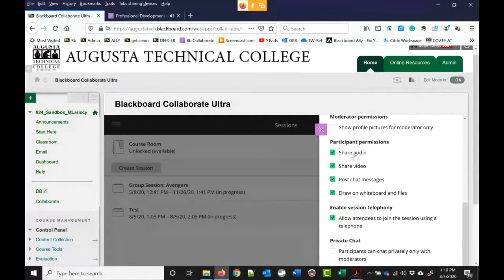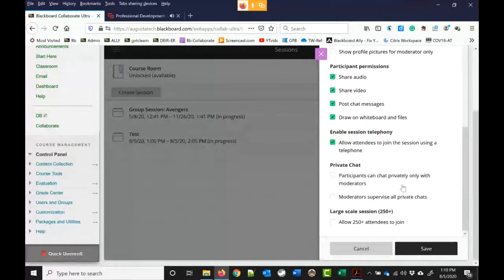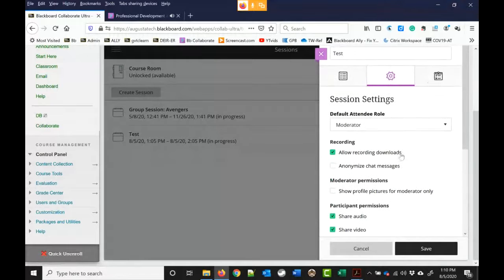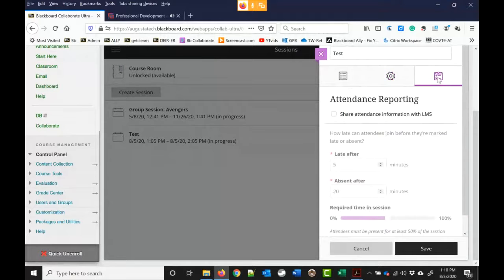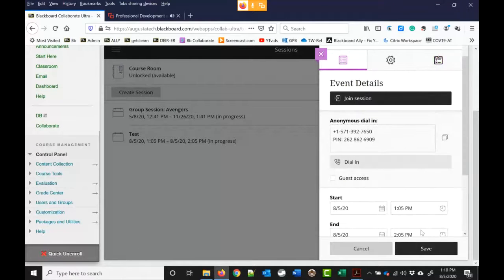Participant permissions, I usually don't mess with these, but you can change whether your participants share audio, video, draw on whiteboards. And this allows them to call on the phone if they have microphone troubles. Recording, I have not actually even used this, so I'm not sure how this works yet. I'll have to look into that. So after you save,